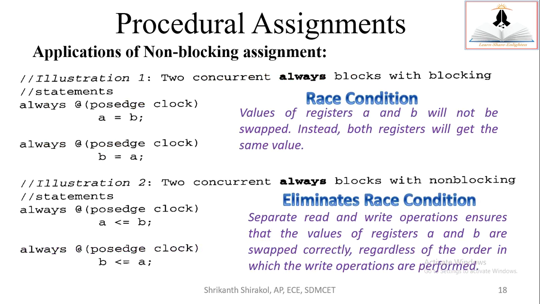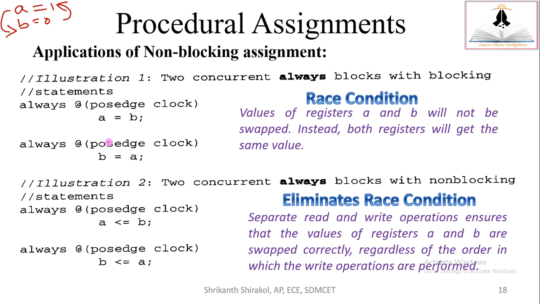So this example will definitely make you think. Think that I'm writing code for a swapping operation. What is a swapping operation? Think that I have a equal to 1, b equal to 0. I want to swap them. I want to put the value of b, that is 0, to a, and the value of a to b. So I want the new value of a to be 0, new value of b to be 1.